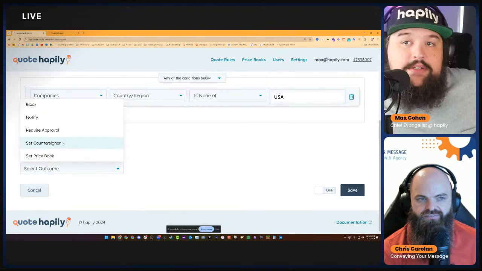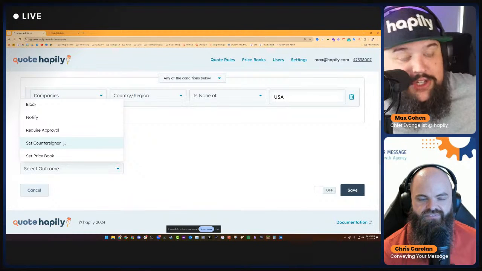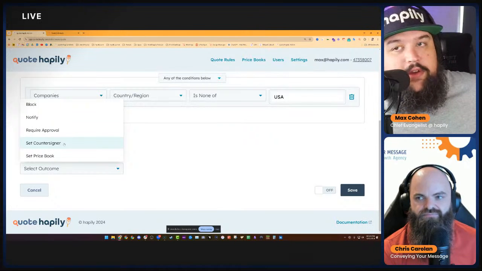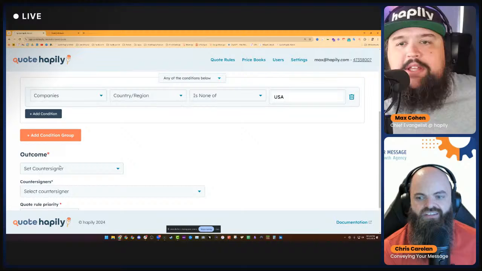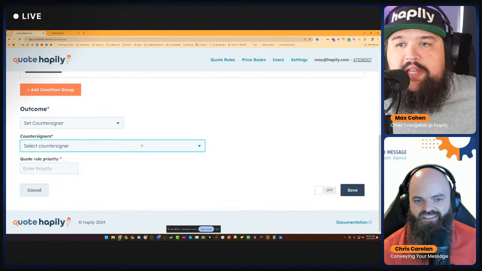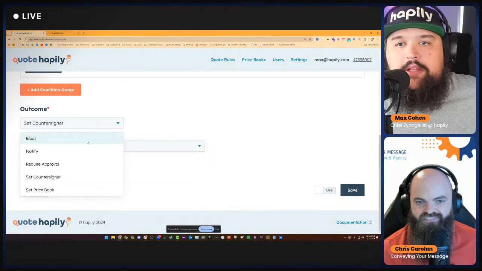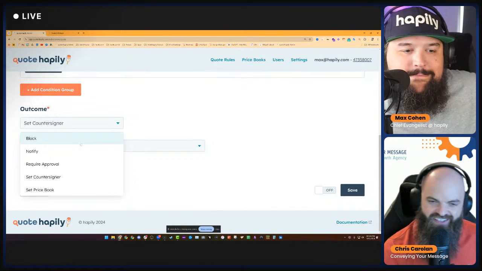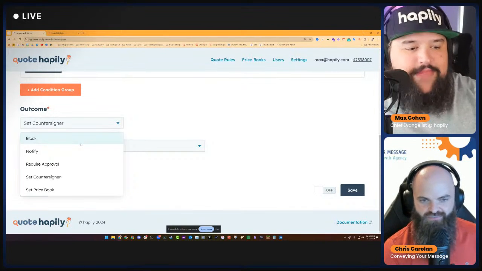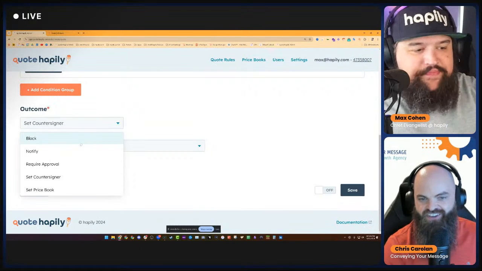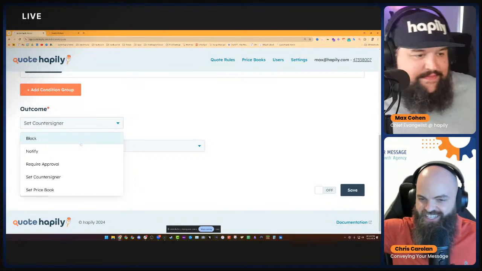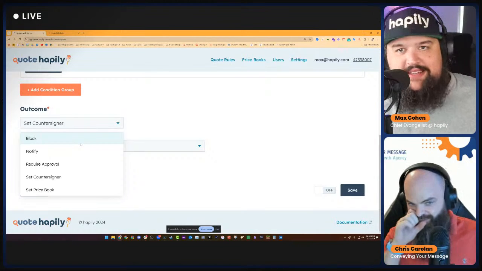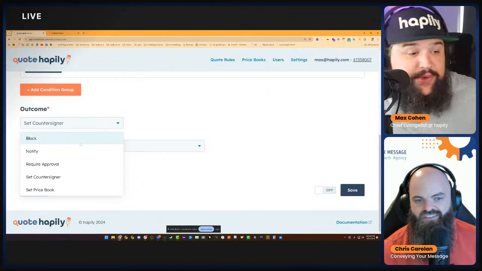You can set countersigners, which, I'll be honest with you, I don't know what this means. This is new because we're always innovating and it's great, but it has something to do with who's actually signing the quote internally, I believe, right? So the countersigner, and you'll see users in your portal here, are folks who have to sign off on a quote internally, right? That's a perfect example of a use case that we wouldn't have touched before, and now we're a full platform. Now our exports manager, who has to understand which country we're selling to, says, you've got to take that out of there, or we need to add this stuff in, right? Or you can even accomplish that through an approval too, right?